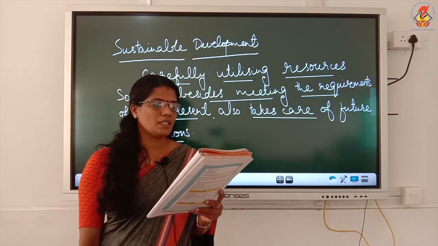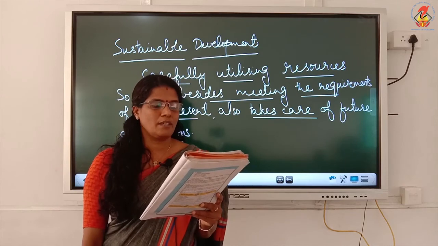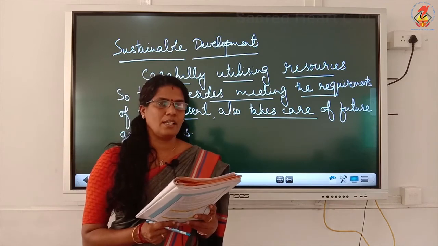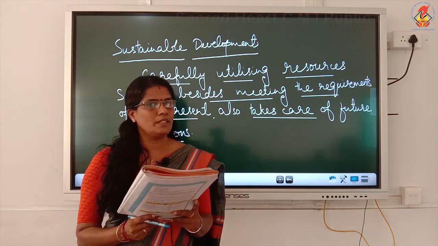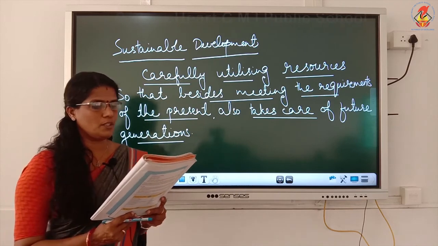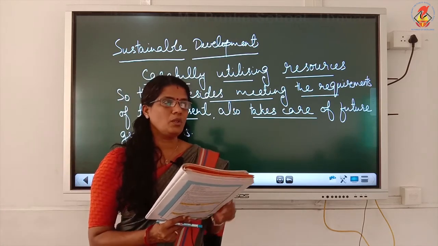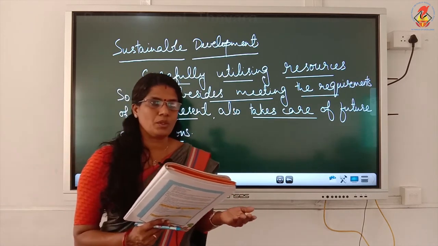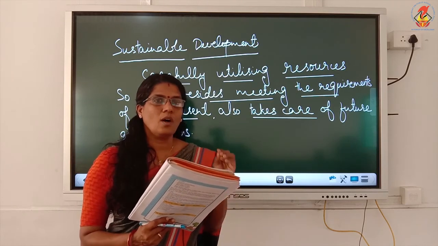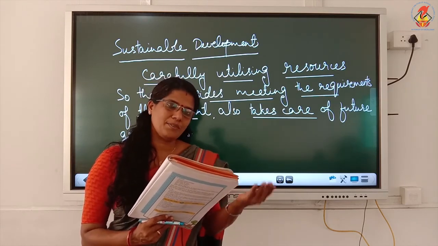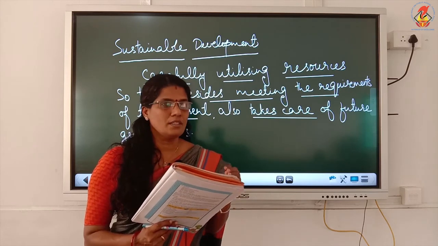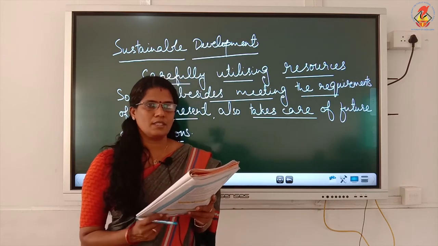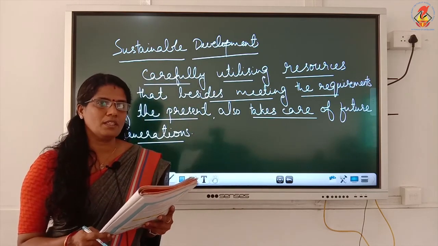Next, change personal attitude and practices towards the environment. We should keep our environment neat and clean. We should not pollute our environment. All this comes under this. Enable communities to take care of their own environment. Nowadays you can see each community is taking care of their environment by planting new trees, by cleaning their surroundings. All this is good for us as well as for nature. Yes, we can conserve these natural resources. So, these are the basic principles of sustainable development we have to study along with the topic.